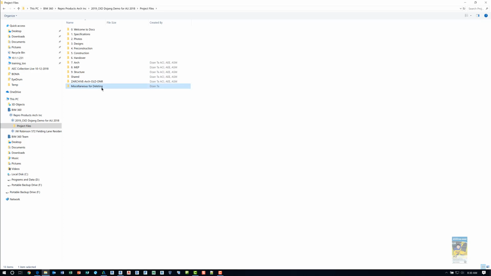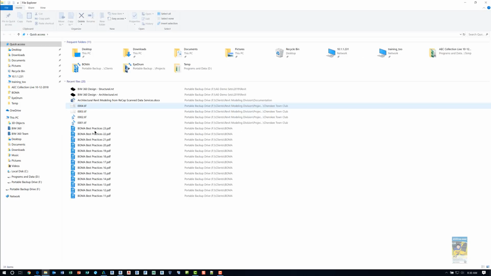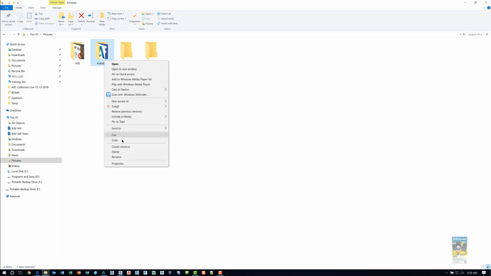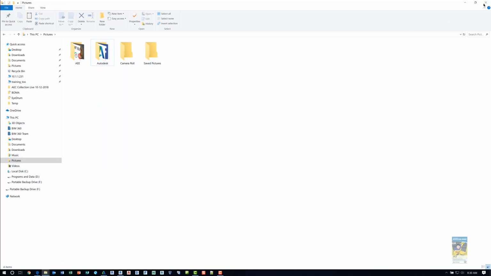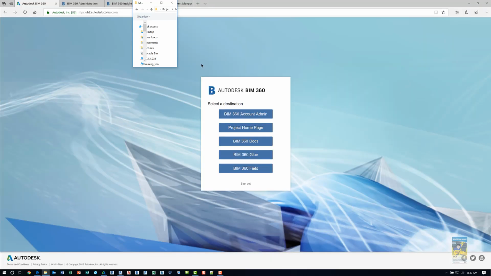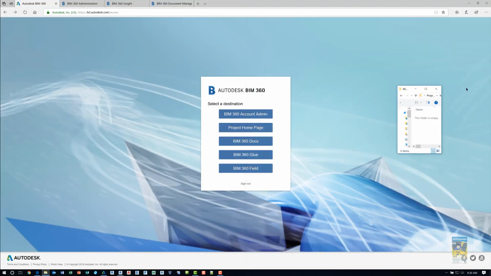Now that that folder is created, I can expand it and put whatever I need in there. So let's say, for example, I open up another Windows Explorer, head over to, say, Pictures, and grab this Autodesk folder. I'll copy this and then go back here, right click and paste. And if for some reason it doesn't allow you to paste,